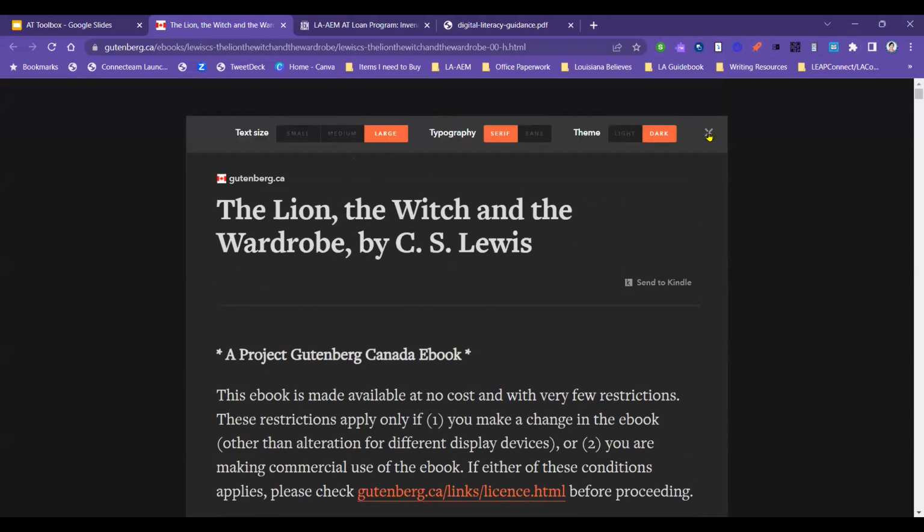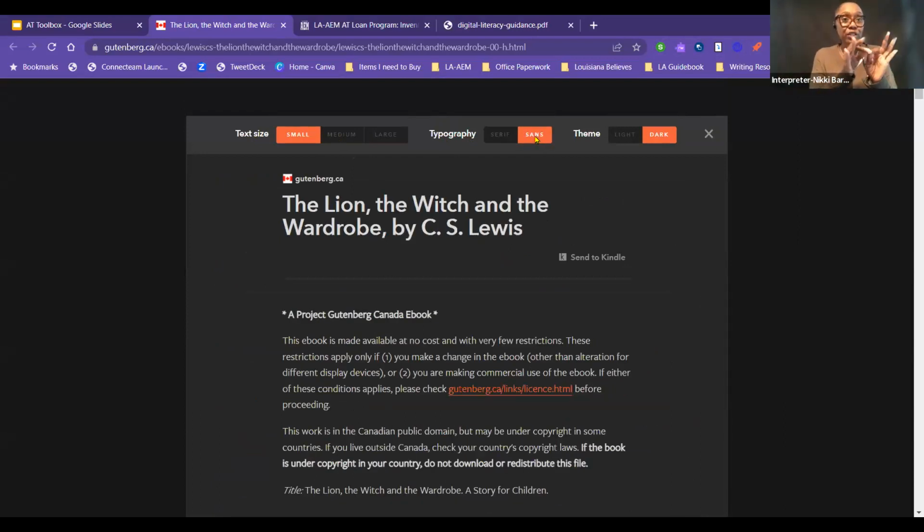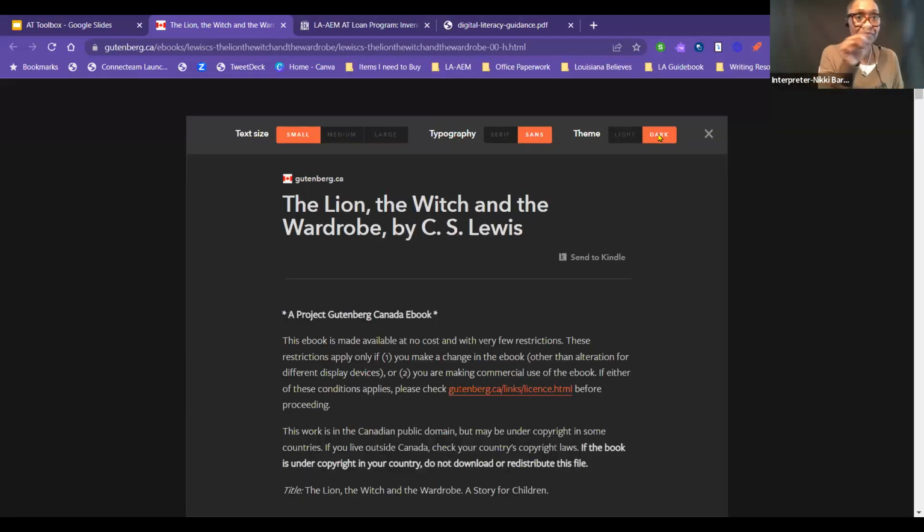If I go into this right here, I could say I want it large, medium, or small text size. I could change the text font really quickly and see how I could change the color. So this is just a Google Chrome add-in that allows me to change the way text looks immediately without having to copy it into a different framework. And it's called